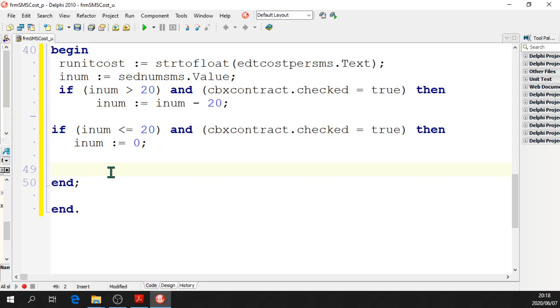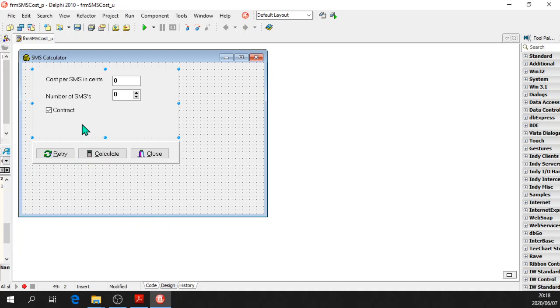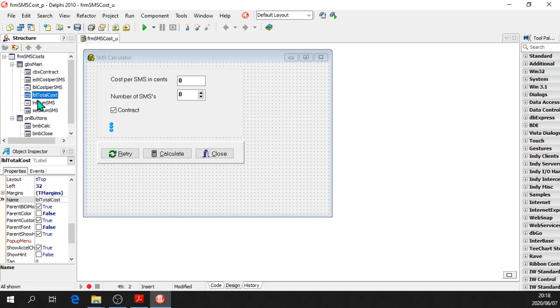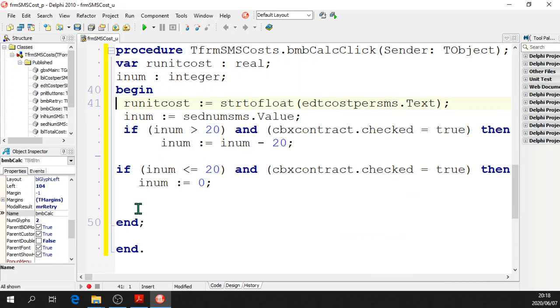Right, now we're going to multiply and also display the amount owing. Okay, now where do we display? Well, let's have a look. We can't see our display component. Well, that's because it's hidden. There it is on the left hand side. I went to the structure list here and I found LBL total cost. There it is. So it's called LBL total cost. So now I'm going to display LBL total cost dot caption